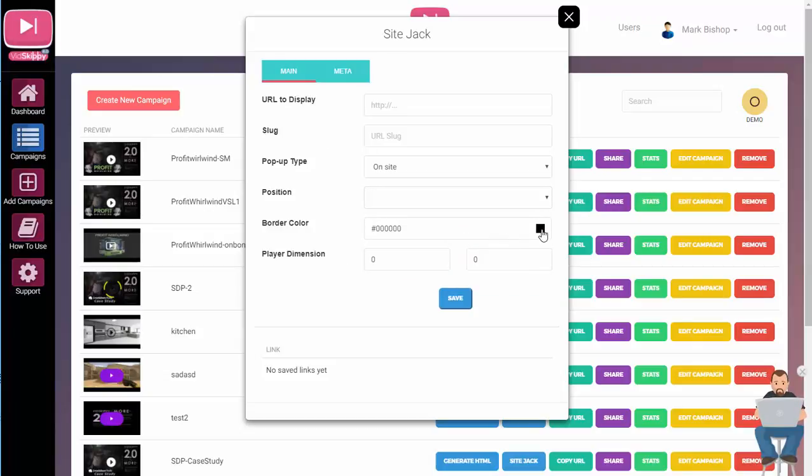Border color, you can put a border around it. You can choose what color. What I tend to do is go over to the site, use a color picker, find out what the prominent color is for that site, and then pop a border around it with that color, so it kind of fits in with the site. Player dimensions, so you can set this to whatever you like,